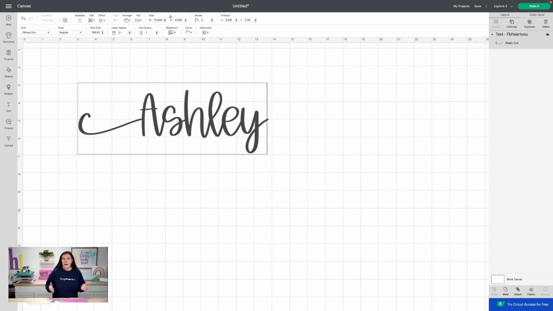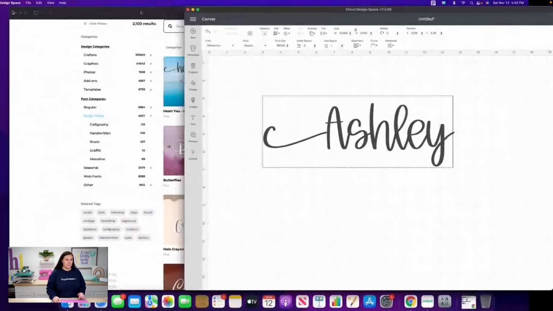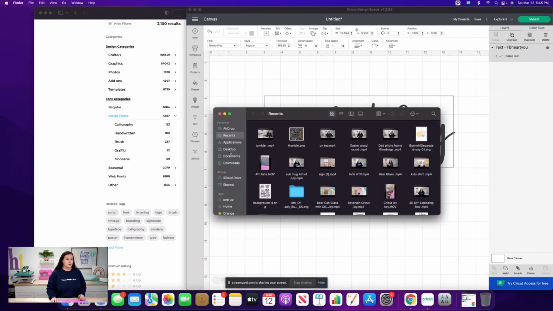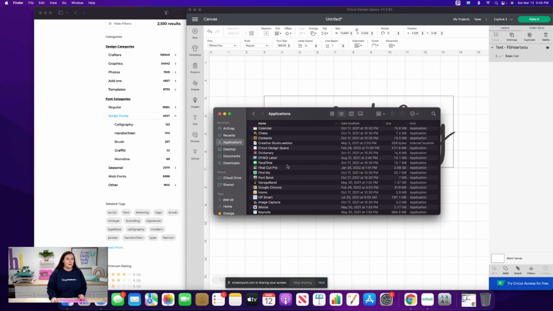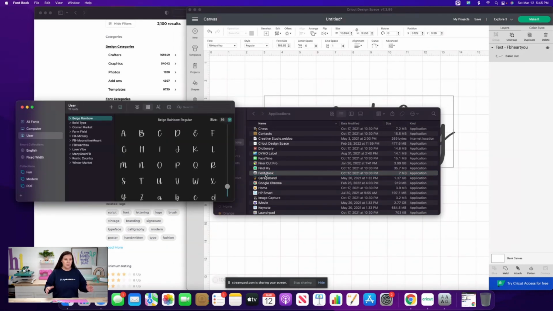If you are using a Mac, you're in luck because you don't need a third-party program. You can access your glyphs right on your desktop. So what you're simply going to do is back down here, from your desktop, click on this little finder face right here. You're going to click on it. You're going to go to applications, and then you're going to quickly scroll down to where it says font book. So as you guys can see right here, it says font book. If you double click on that, it's going to open it up.